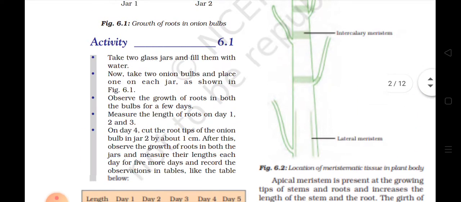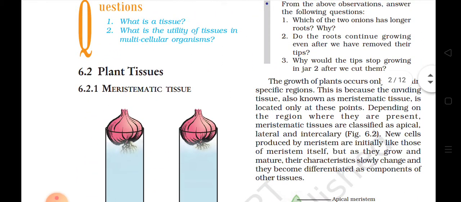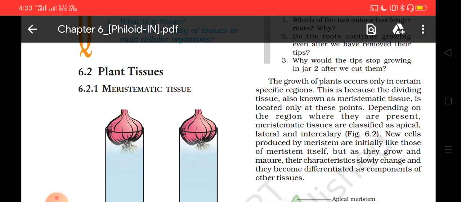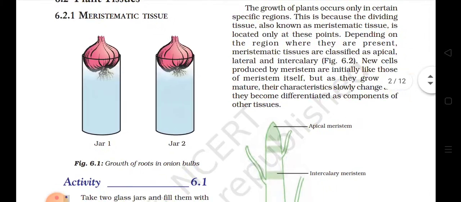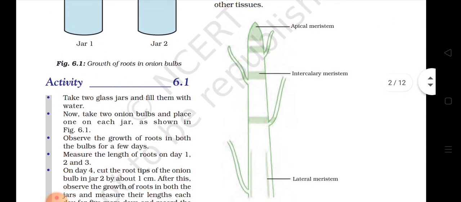Now meristematic tissues are also known as simple tissues. Okay. They are made up of a single type of cells. Now meristematic tissues are found mainly in the growing region of the plants. Okay. Why growing region? Because meristematic tissues are having the high capacity to multiply. Okay. They multiply very fast, or they divide, means their number increases very fast. Okay. Now meristematic tissue, which is of three types, is known as apical meristematic tissue, intercalary meristematic tissue, and the lateral meristematic tissue.